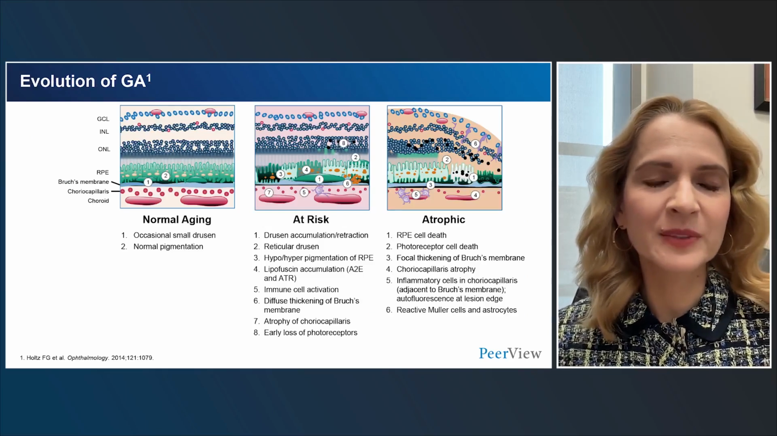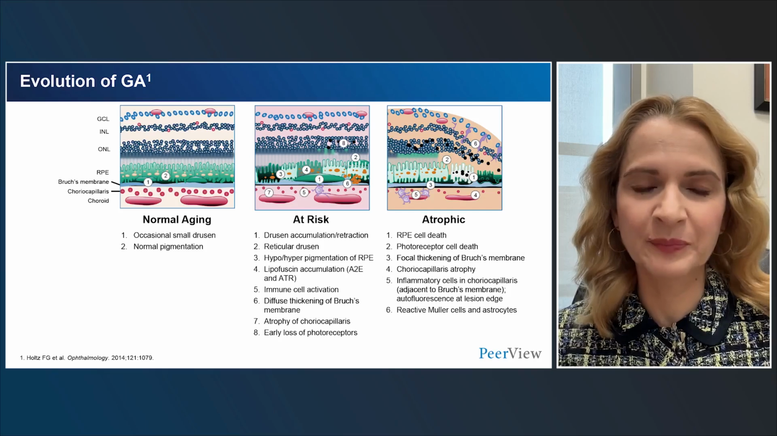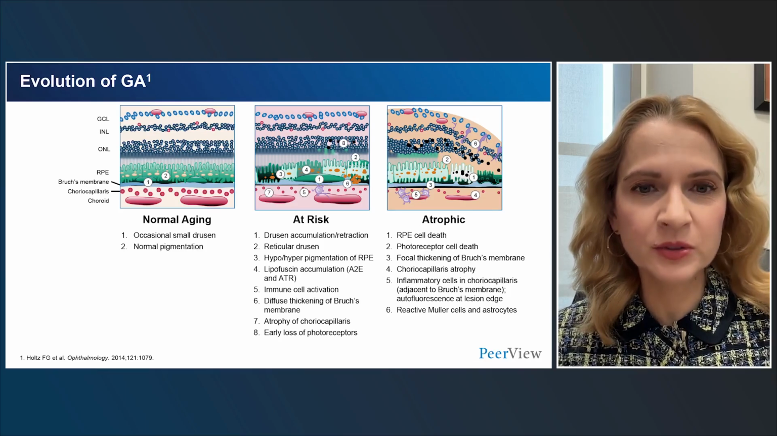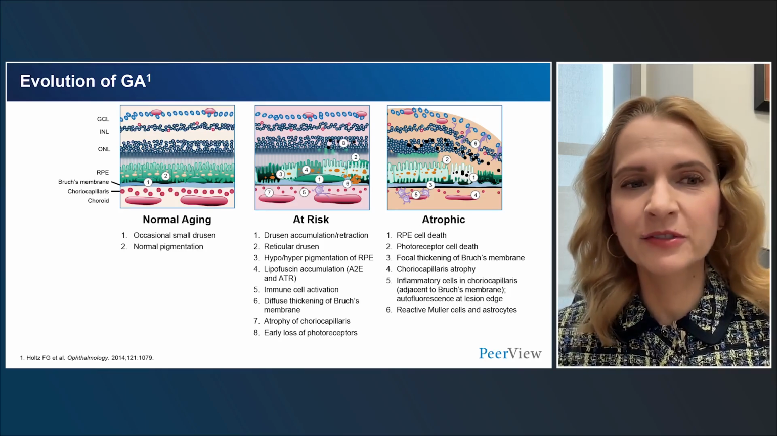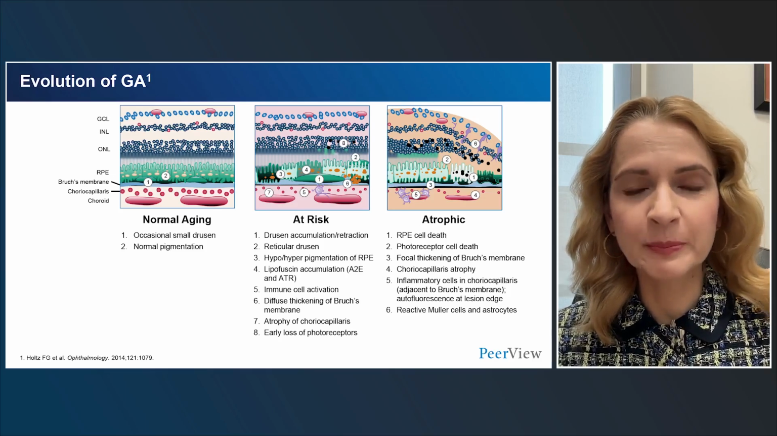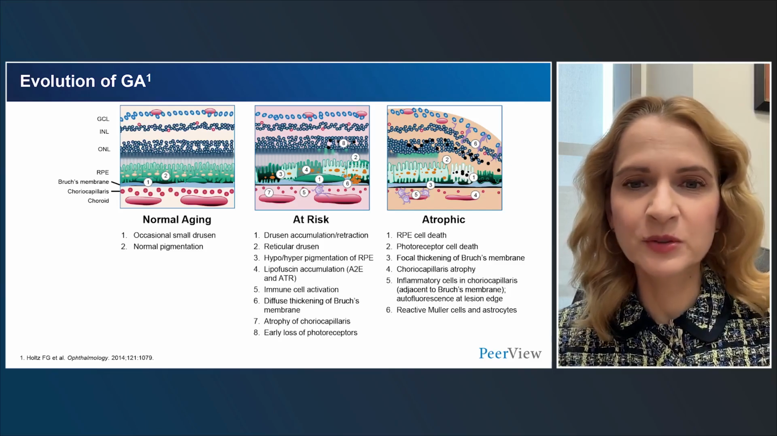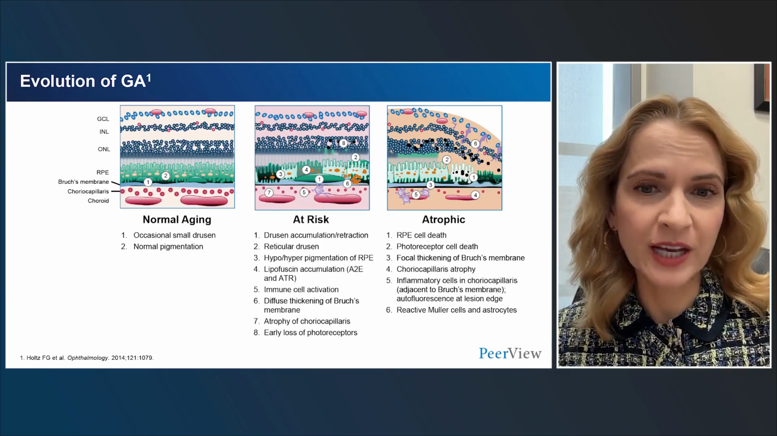This is a diagram that is complex, but showcases the evolution of geographic atrophy over time. The disease starts with normal aging changes, with occasional small drusen and normal pigmentation. But patients at risk have a conglomerate of features, such as drusen accumulation, reticular pseudodrusen, hypo and hyperpigmentation of the retinal pigment epithelium, lipofuscin accumulation, immune cell activation, diffuse thickening of Bruch's membrane under the retina, atrophy of the choriocapillaris, and